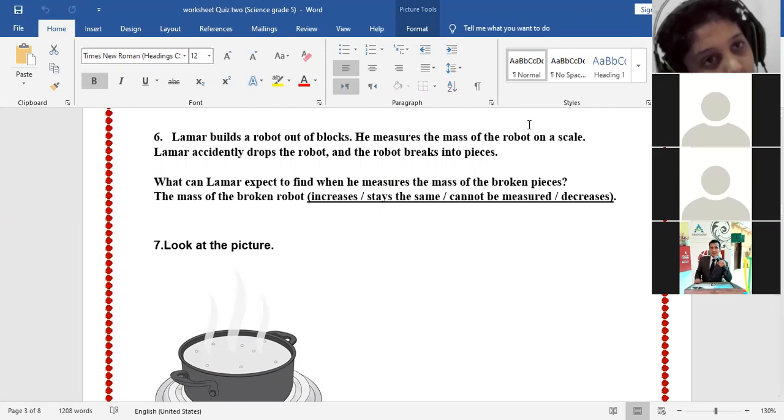Lamar built a robot out of blocks. He measured the mass of the robot on the scale. Lamar accidentally drops the robot, and the robot breaks into pieces. What can Lamar expect to find when he measures the mass of the broken pieces? The mass